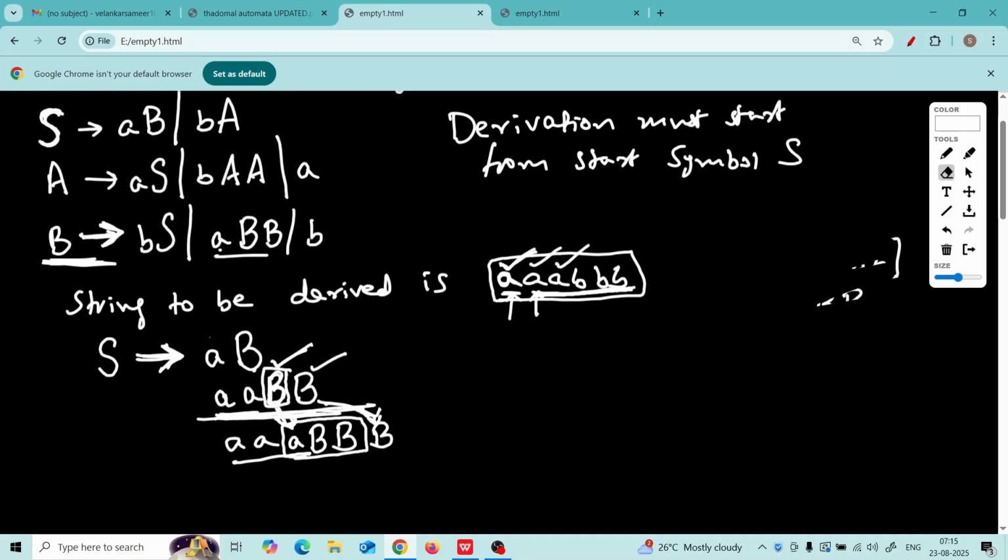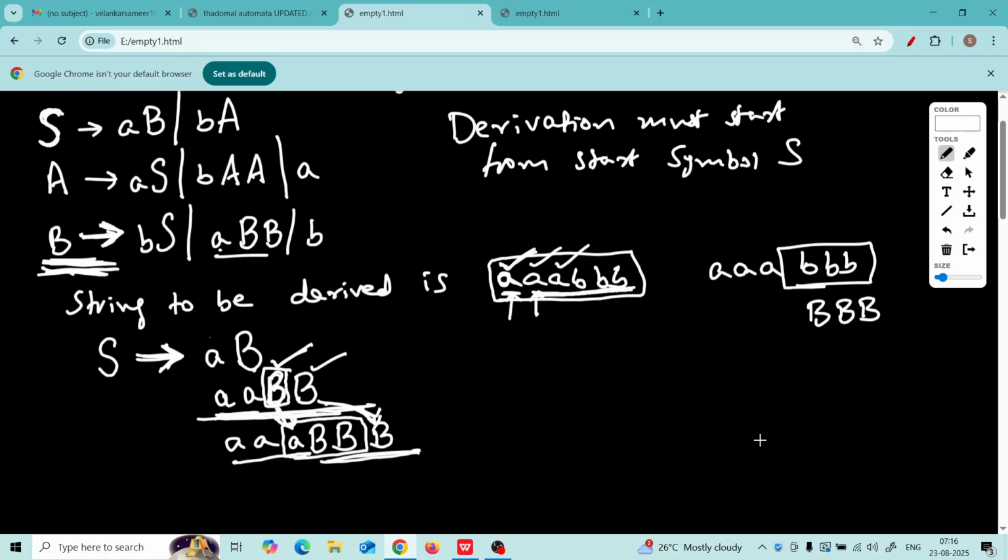And now watch. What have you generated? Come again. Just check. Triple A is generated. Somehow we want this triple B to be generated now. And what do you have now? You have three B's. Just check. Capital B's. Somehow, these three non-terminals should be substituted with the correct options so that we get B followed by B followed by B. Are you seeing, capital B can give single B?